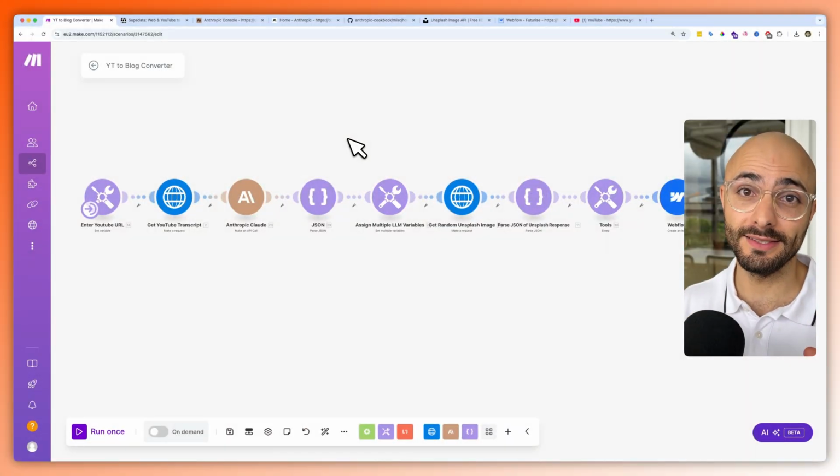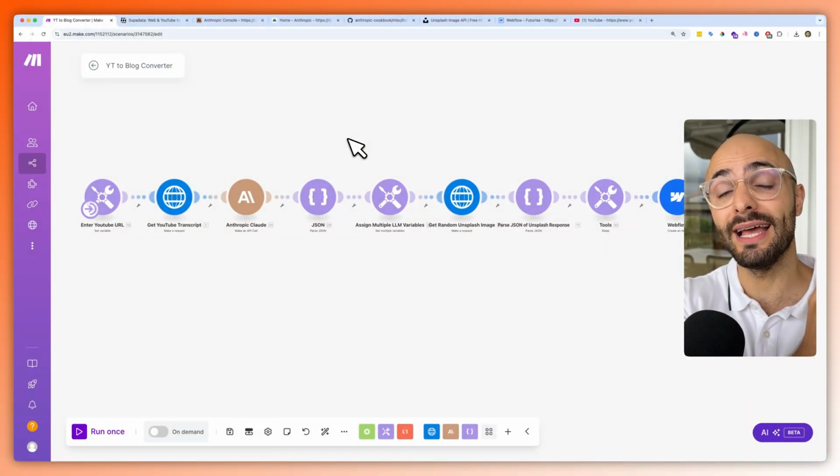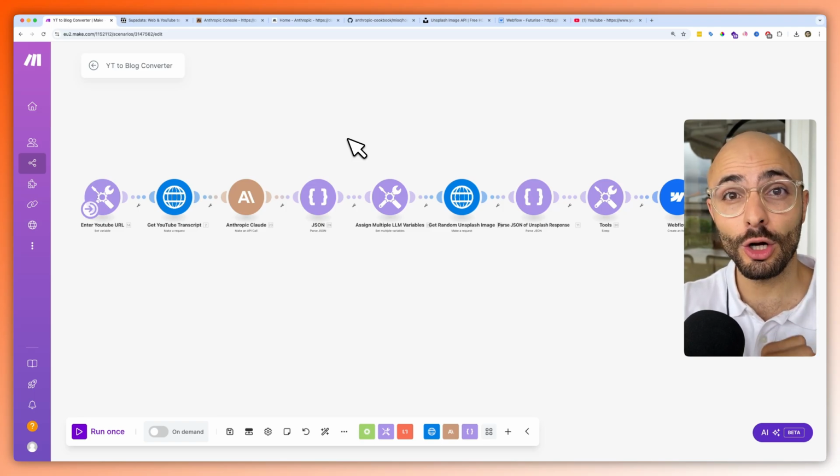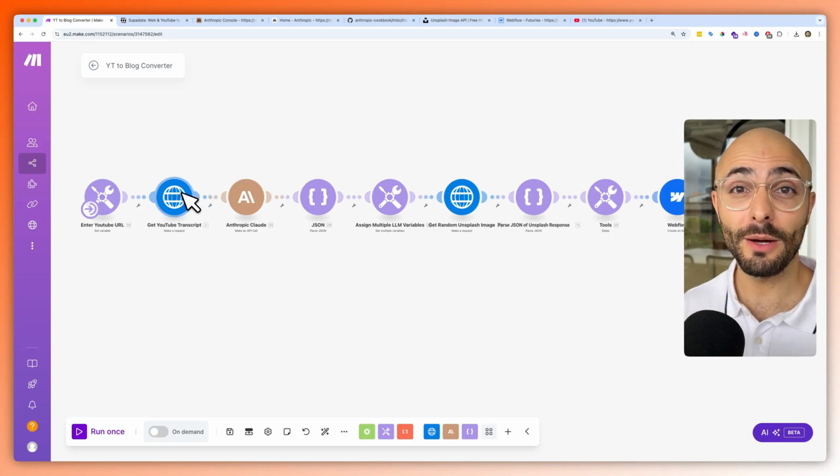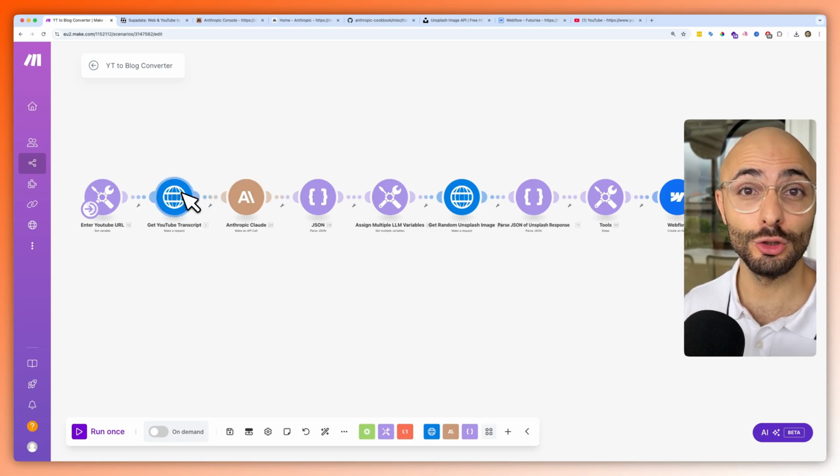I'm so excited for today's video because I have spent the past 12 hours non-stop building out a fully automated system that takes as input a YouTube link, scrapes the transcript, writes out a blog post, and then publishes that to your CMS on Webflow. So before we jump into building it, I'm going to be doing a quick demo to show you exactly how